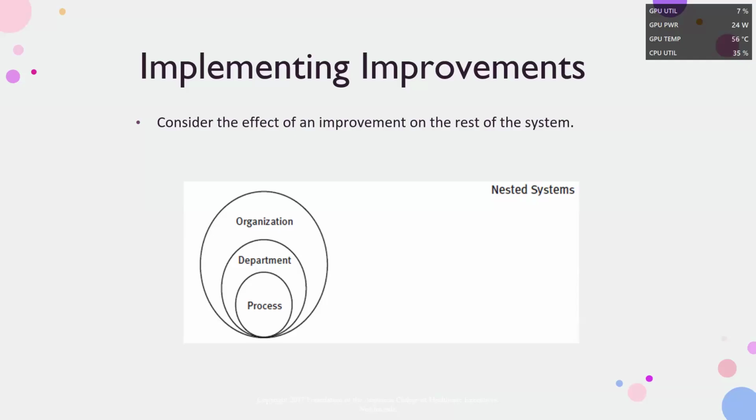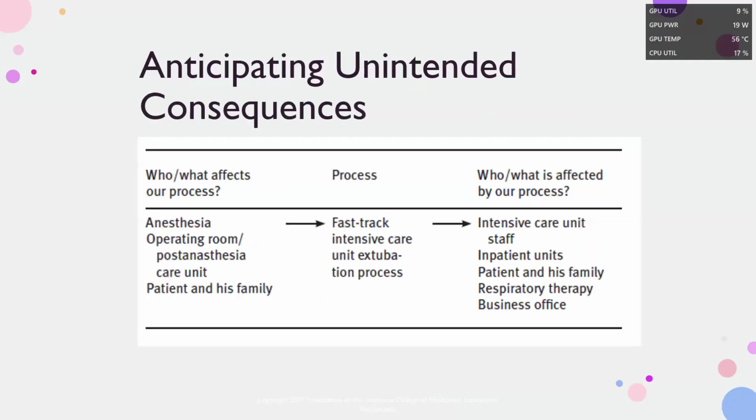We have to look and see how work that we're doing every day impacts the people around us, impacts patients in ways maybe we didn't anticipate. So, for example, anesthesia, the work that's done in the operating room and the PACU, the post-anesthesia recovery unit, the impacts to the patient and family. Who and what affects our process? Those are our stakeholders. Our process, the process given in this example, is a fast track intensive care unit extubation